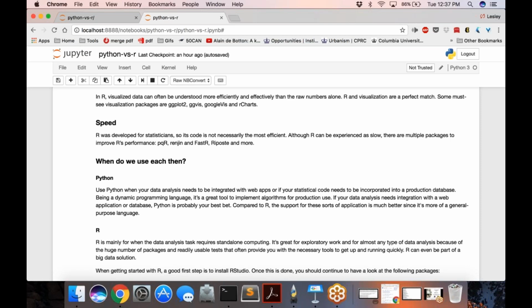So they do that great, but computer science really focuses on productivity and efficiency. So Python is generally experienced as faster, and again, that's just because of who each language was built by.